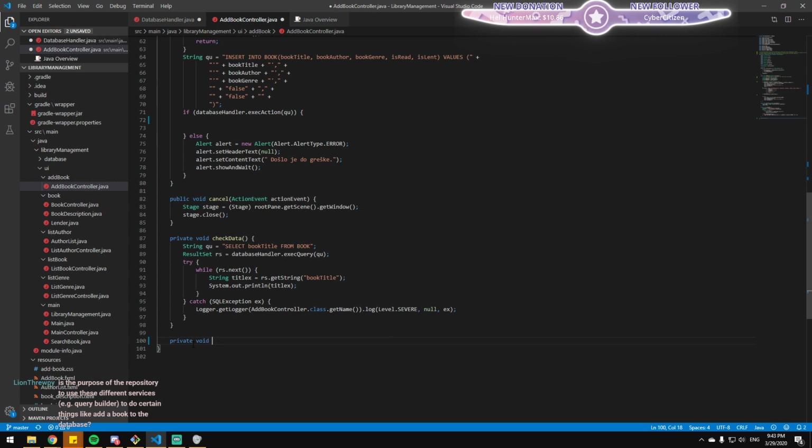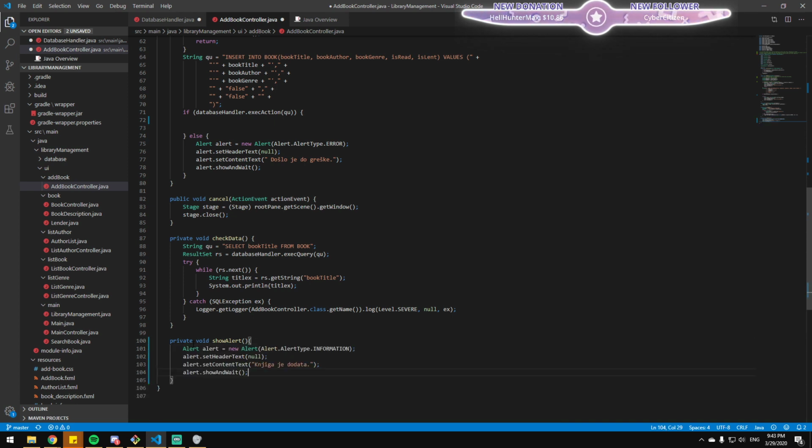Private void print error. Well, show alert, I would say. Okay, show alert. It is not a print statement. That is true. And we pass in probably this. It's like a norm, right? And we pass in message. So string message. And this is the message. We'll paste it there. And there we have it.